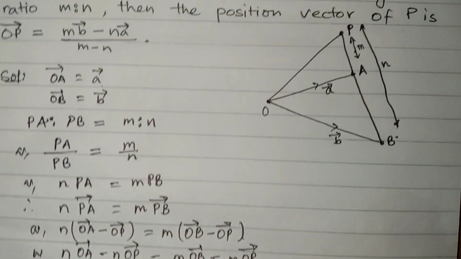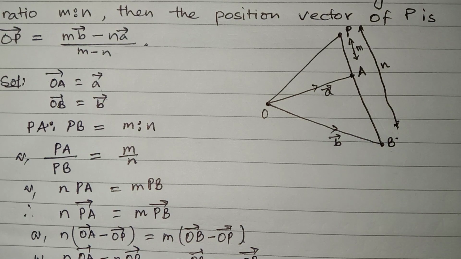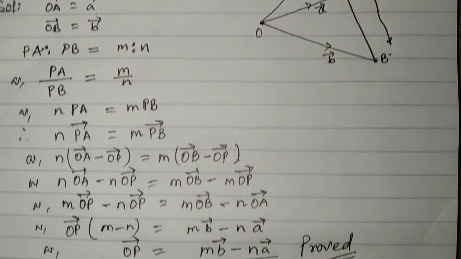We needed to prove the same thing, m times vector B minus n times vector A upon m minus n,